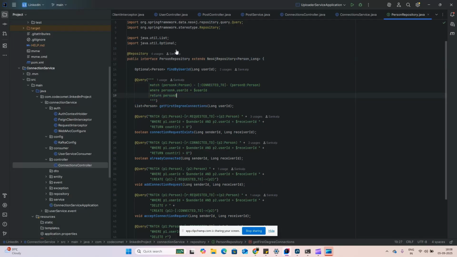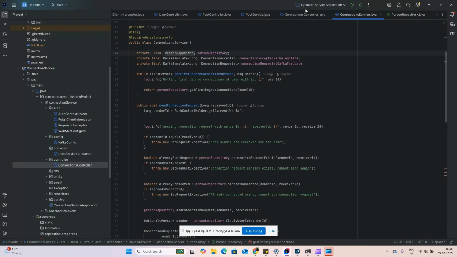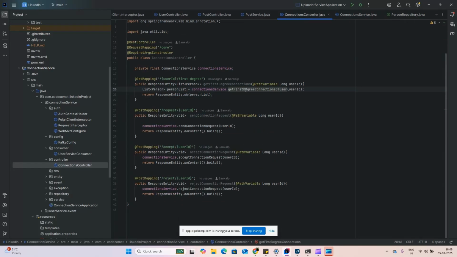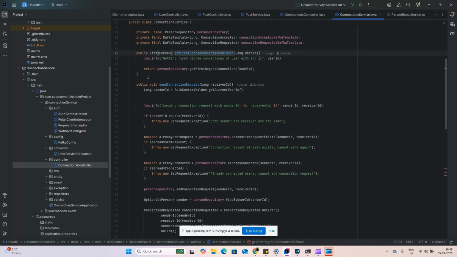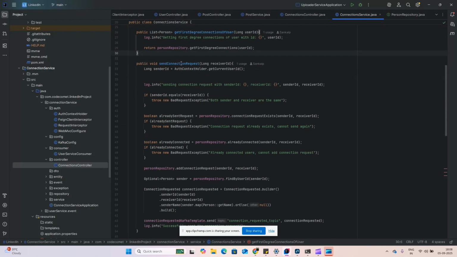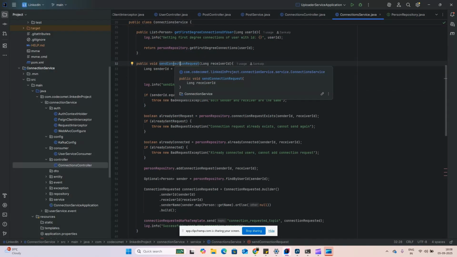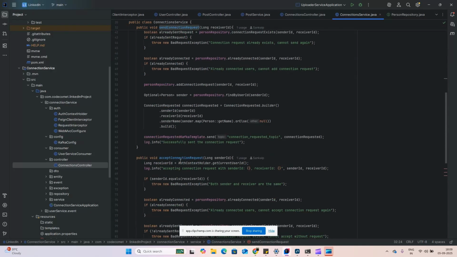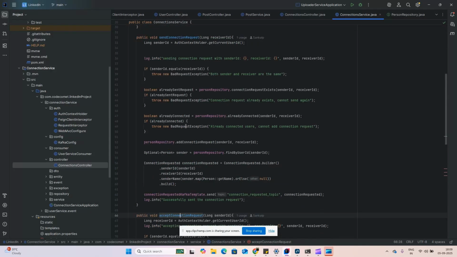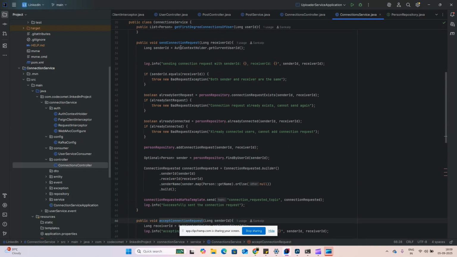Okay, so this is it regarding the connection. If we go inside this, we are just fetching our connection, and inside the connection request we have these endpoints: send connection, then accept connection. So if you go inside these, for example, if we send a connection request in that scenario also,